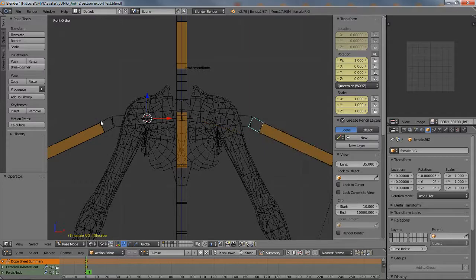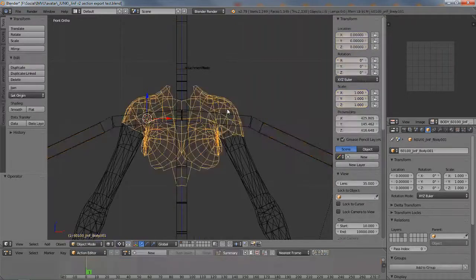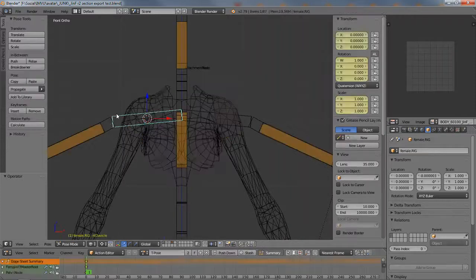That's the shoulder joints. Oh, hang on, I've got the wrong... well, the bones' location. This is the shoulder. These are the two shoulder bones. And as you can see, there's quite a distance between the shoulders of the mesh and the bones of the skeleton. So it's going to be tricky